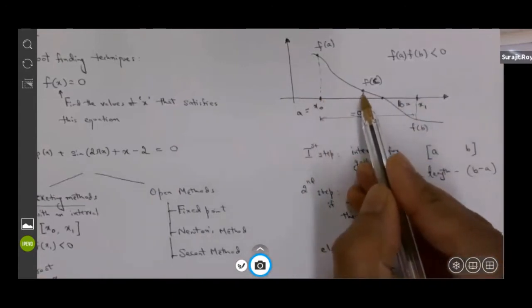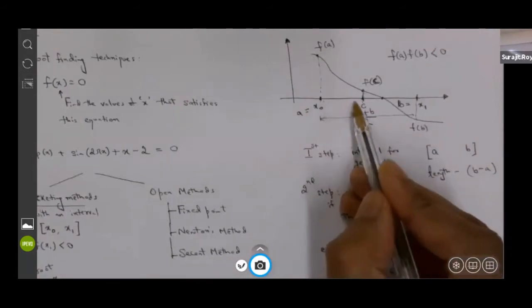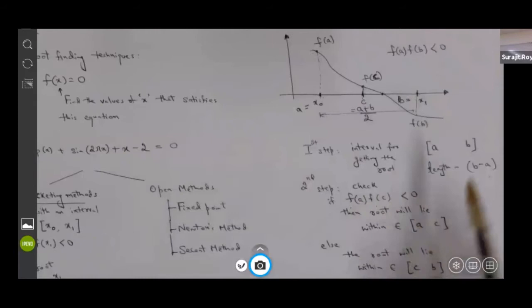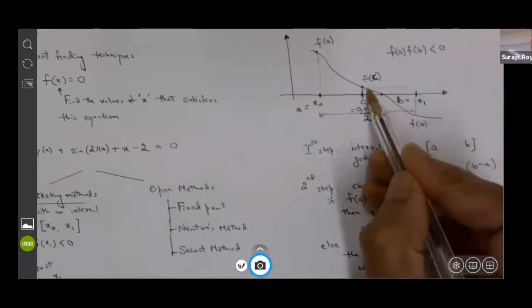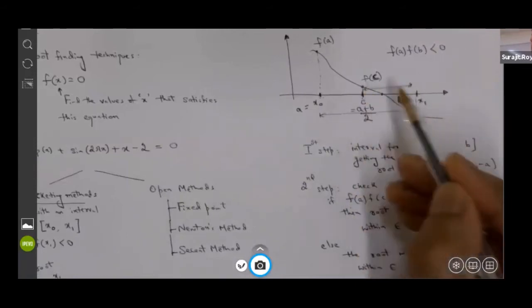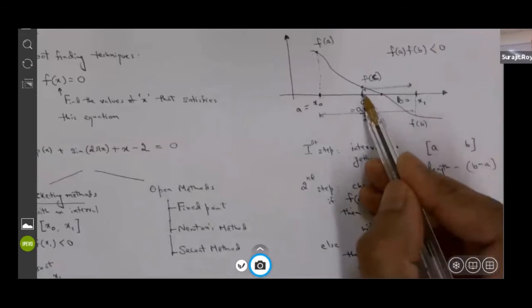At the second step, I found the midpoint, and I'm then saying that either the root lies within this interval or it lies within this interval. By using this criteria, I found that the root lies within this interval. And in this interval, the length is (B minus A) over 2. Agree? Yes. So in the third step, what you are going to do, you are going to take the midpoint